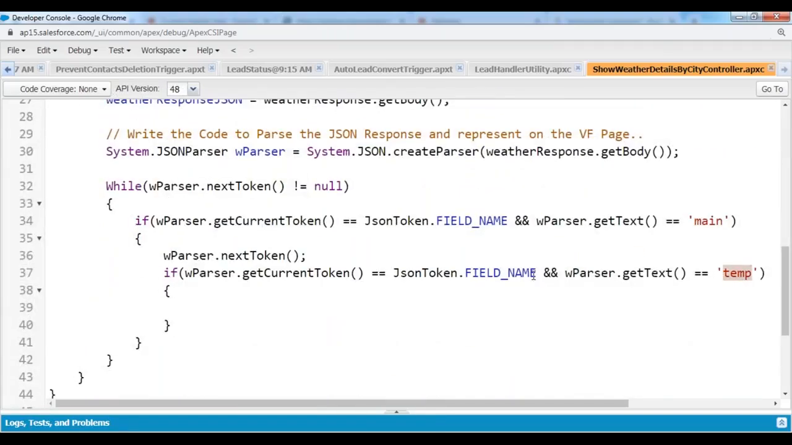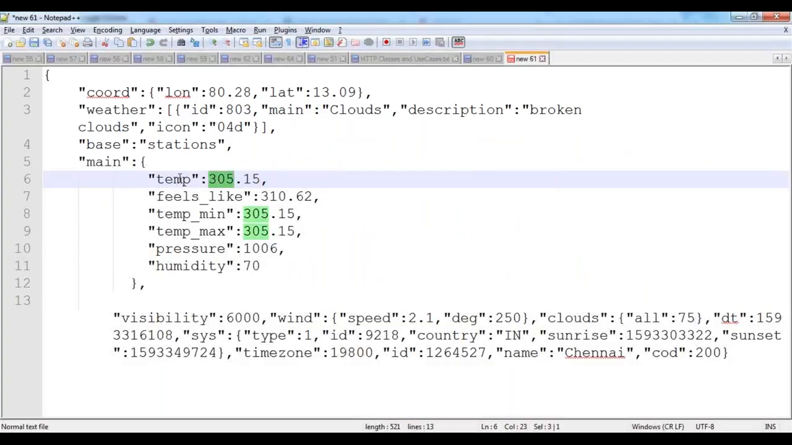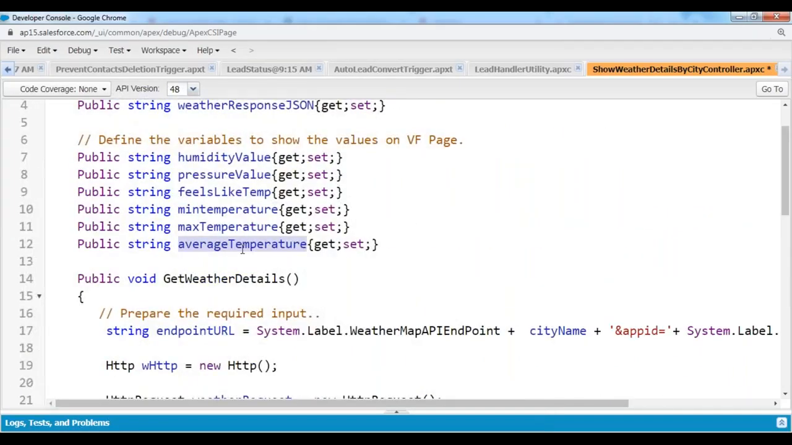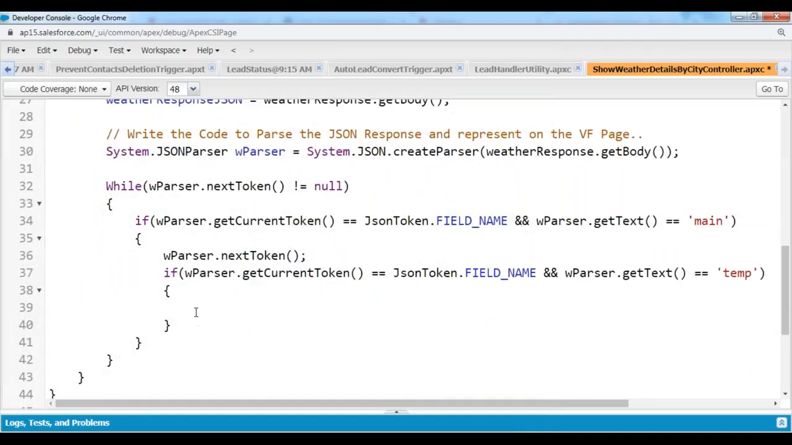First one, temperature. I'm collecting the temperature over here. Temperature means what? This is the average temperature. This is the minimum. This is the maximum. So this is the average here. So in this average temperature variable, I would like to display. Now, what is that variable name? Variable name is average temperature. In this variable, I would like to store average temperature equals to